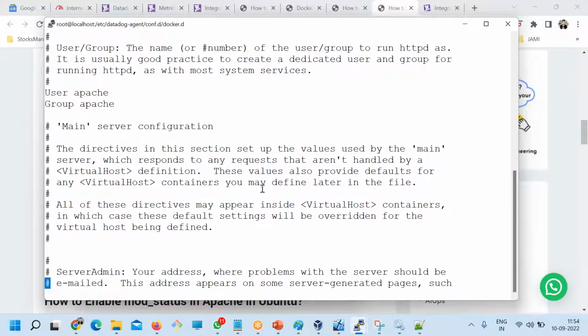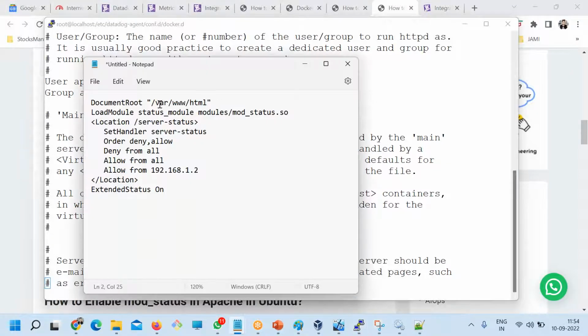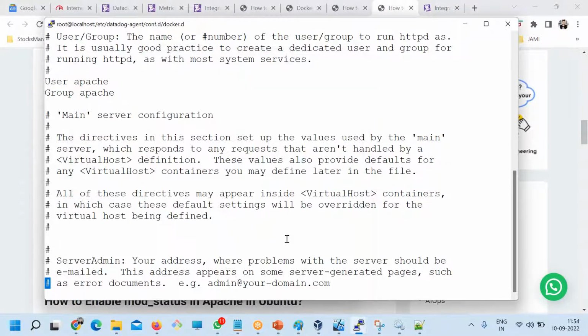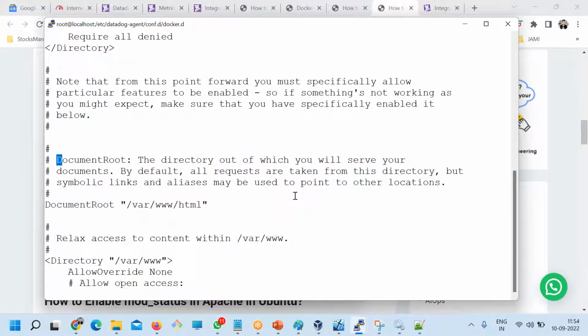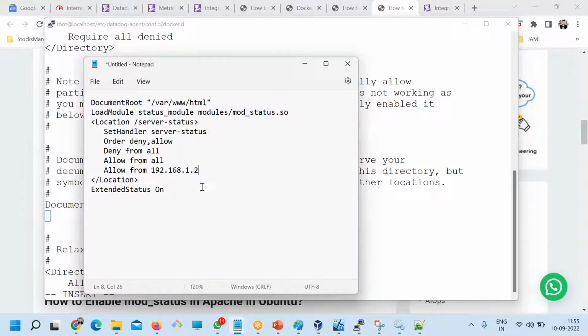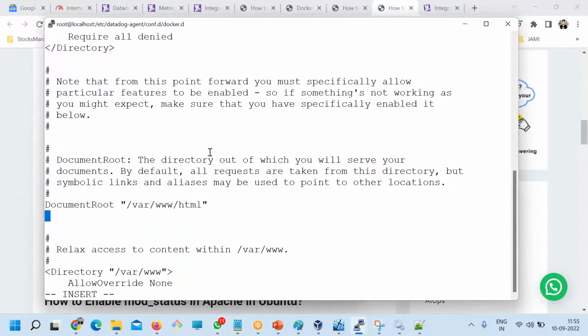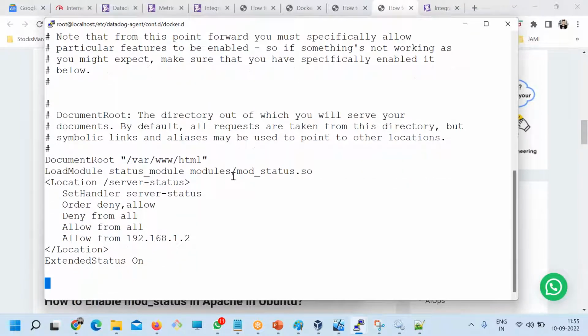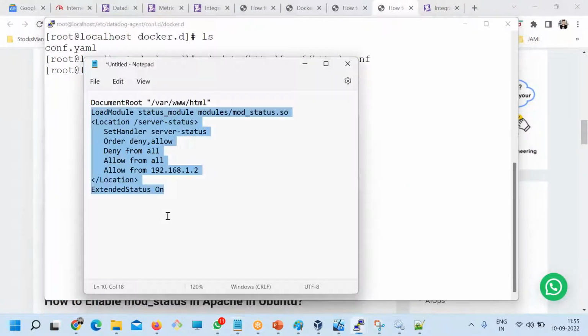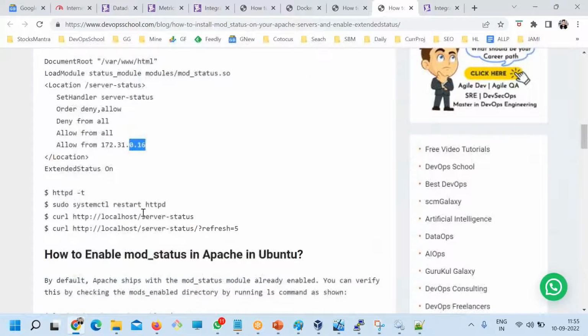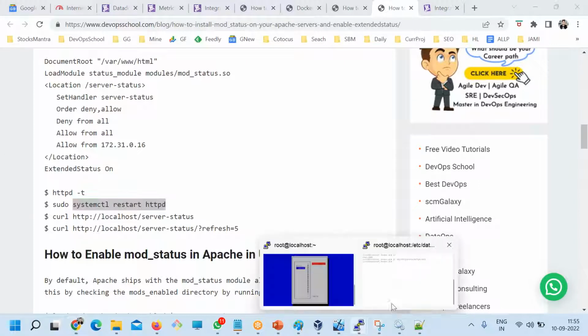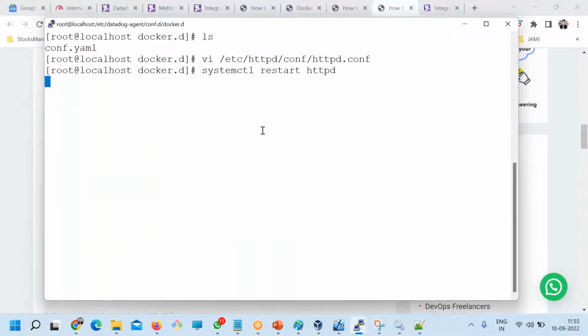So I'll just go to this area where we have, and copy this whole thing. This is basically to enable the module in Apache and save it. Module is enabled. Now you have to restart this. Done.